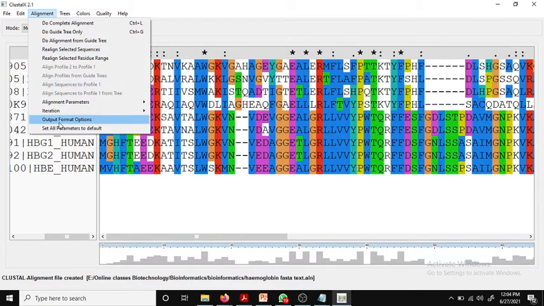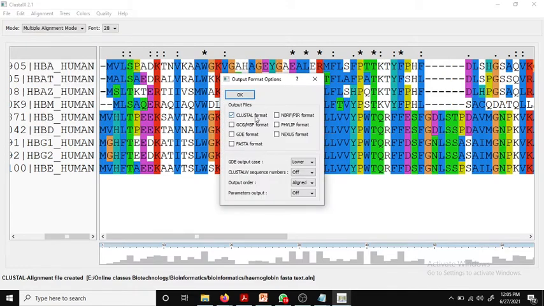First of all we need to set the output file format. Clustal format is okay, but we need to do the phylogenetic analysis in Phylip software. Here you can see the different formats: GDE, FASTA, Nexus, Phylip. We need to select Phylip format, and this selection is very important, guys.